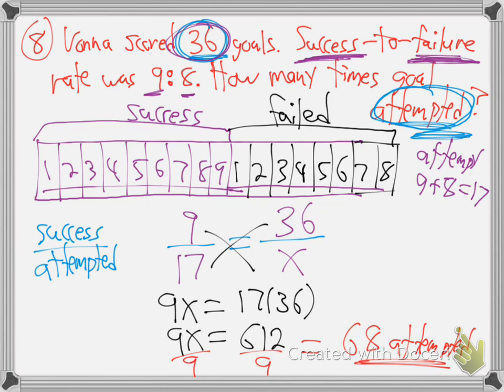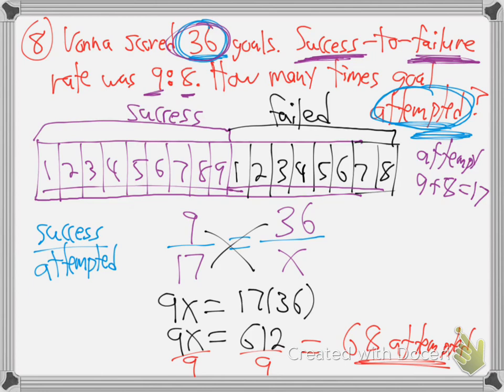So the whole trick, let me go over it one more time. The whole trick is making sure that you have in your fraction setup what they're aiming for. They want attempted, don't they? They want attempted. So I had to get that. I didn't just come down and write success over failure, even though that's what they gave me. Because what's most important is what you want in the end. The goal, right? You want attempted. So I had to get the attempted in there, success over attempted, and I was able to get that because